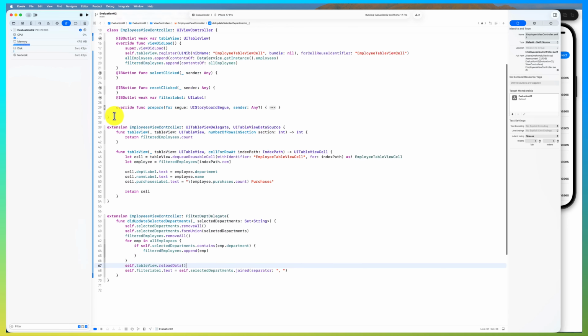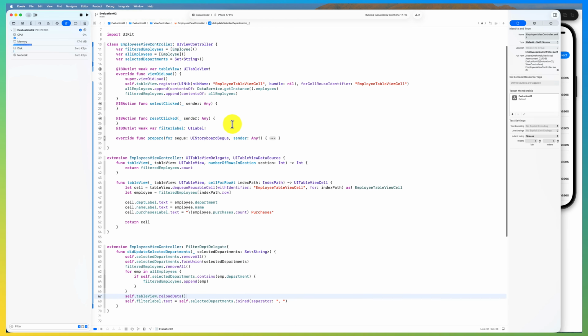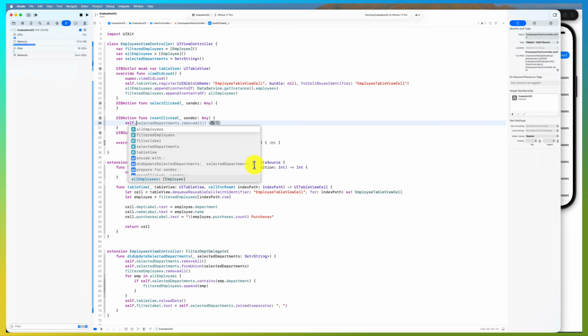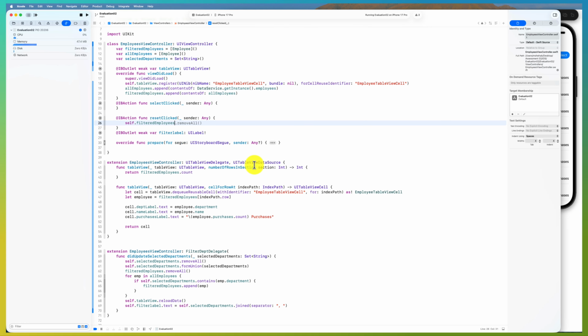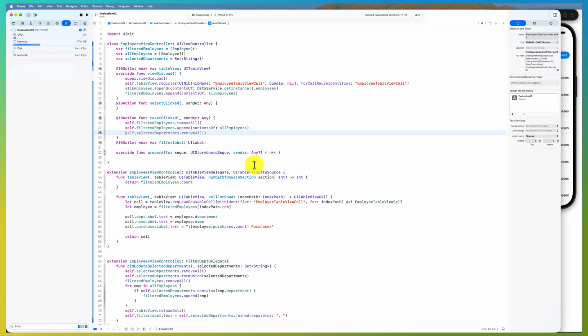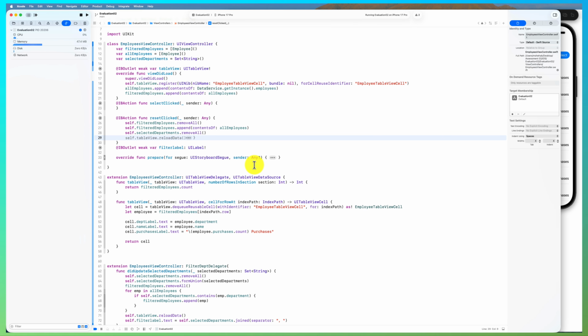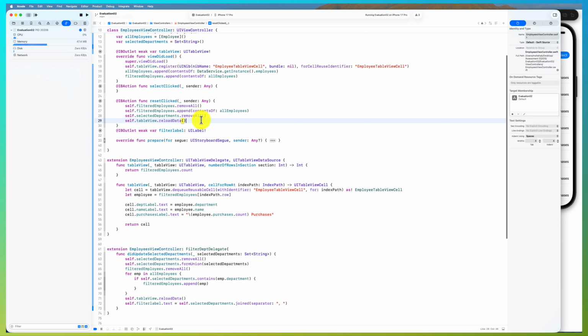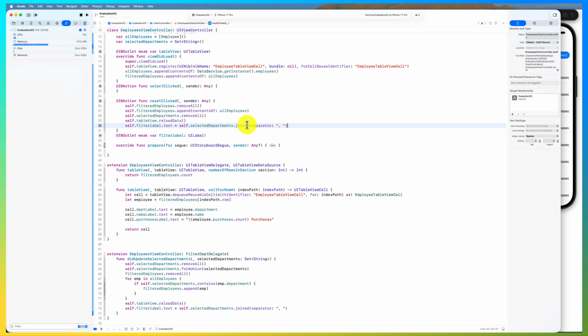Now doing the reset is easy, because I have the reset button. What I could do is self.filteredEmployees removeAll, and then append all the employees, and then selectedDepartments removeAll, and then I could reload the data, and here I could say all records. I could copy this from here and say all the records. All right, something like that. So when I run it,